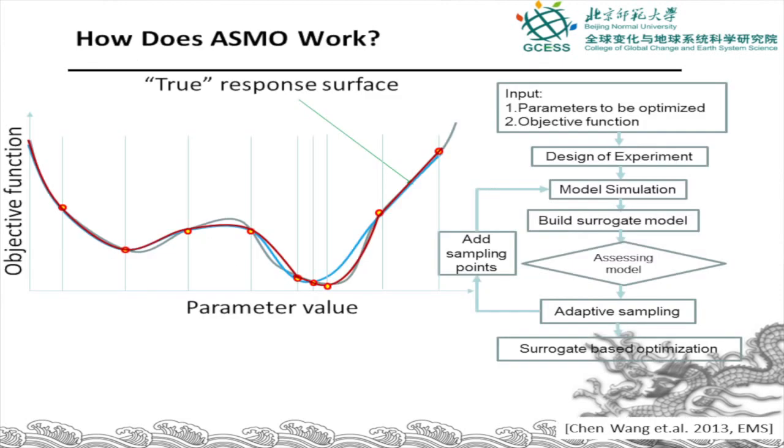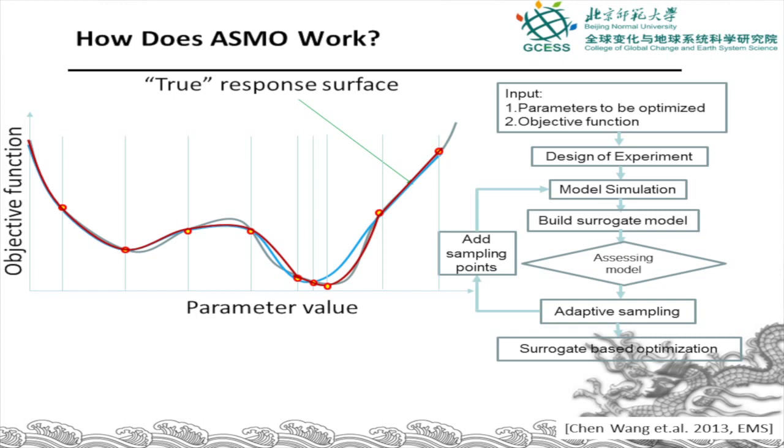It works like this. Suppose this is the true model, okay? The true model, and then you sample in space. You sample on this dimension, and then use a statistical model to fit in here. You can see this is a surrogate model of this true model. And once you have this, you evaluate, then you find